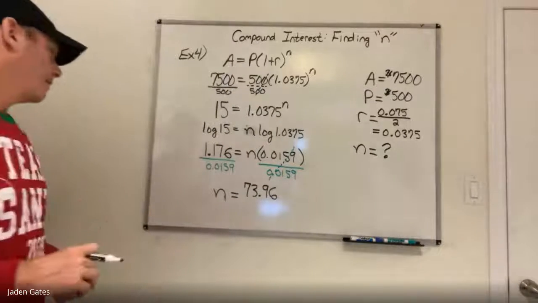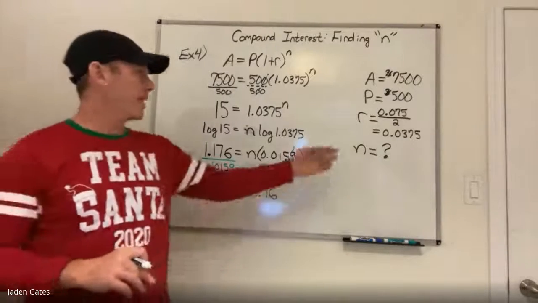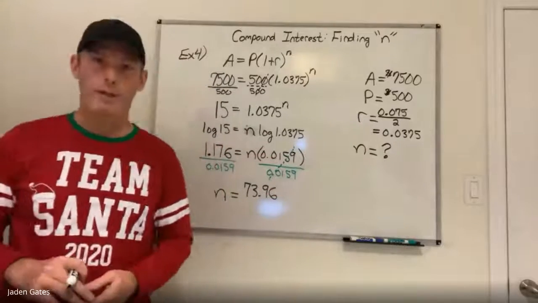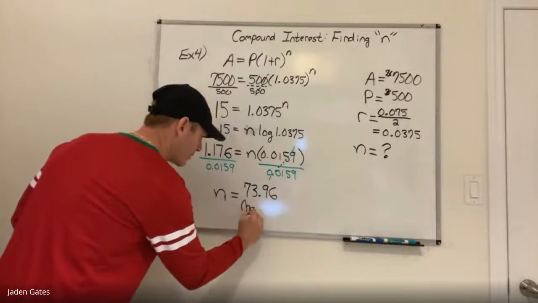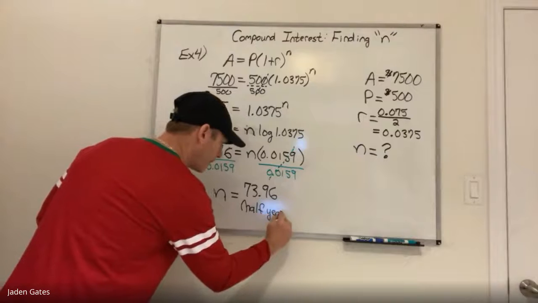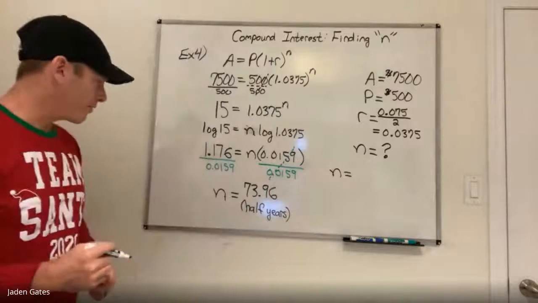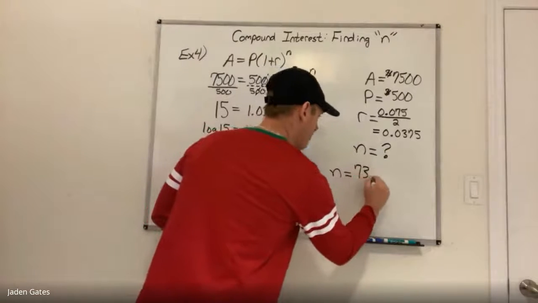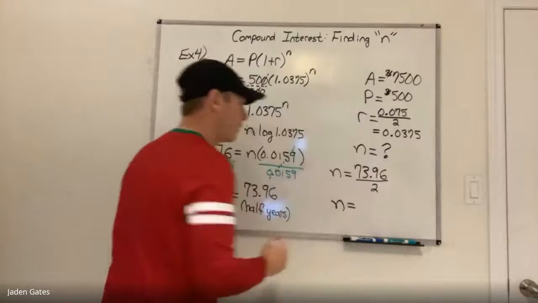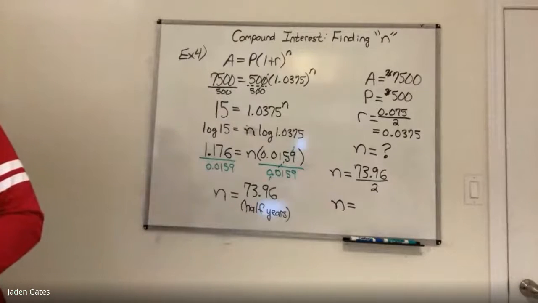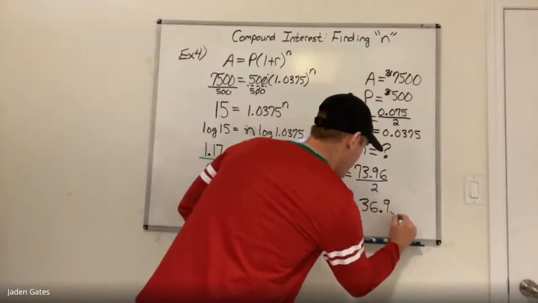All right, so what is that? Does it take roughly 74 years? No, it doesn't, because again, our interest rate was semi-annual. So what it's telling us, it would take 73.96 half years. And so to convert it to years, so these are halves of years, I'm going to divide it by 2. And that will give me how many years this will take. All right, because there's semi-annually twice a year, and it looks like it's going to be 36.98 years